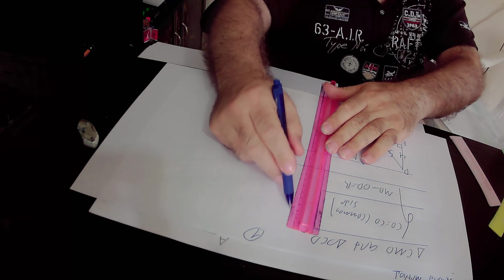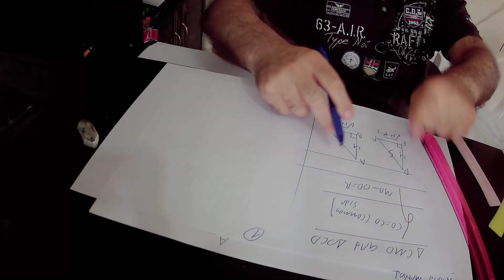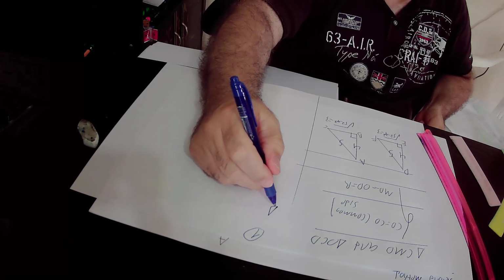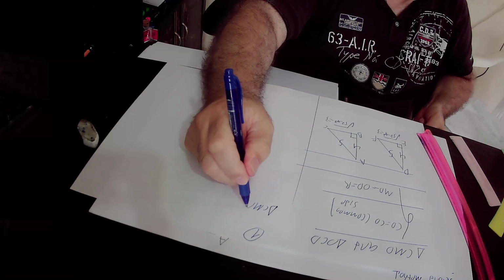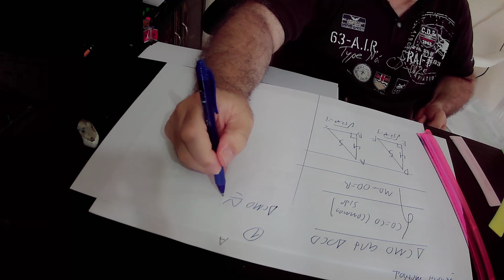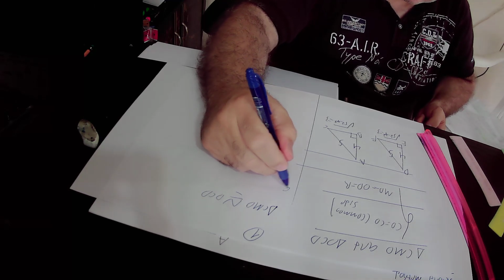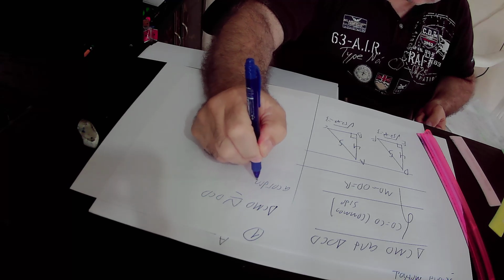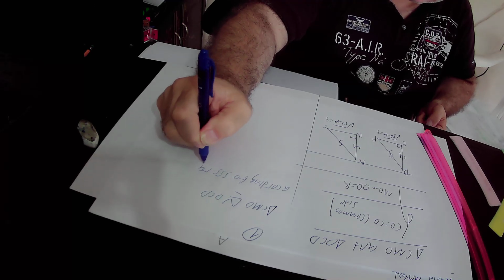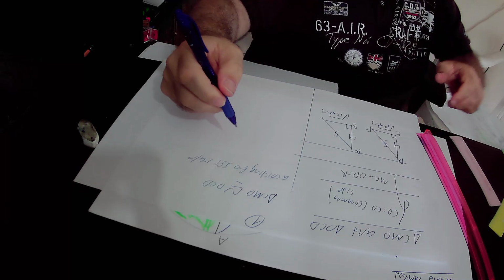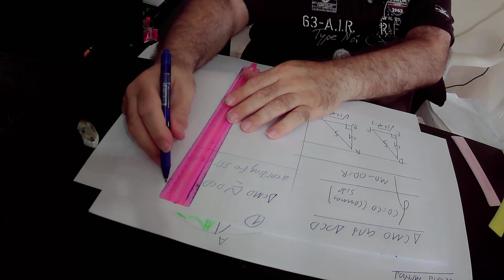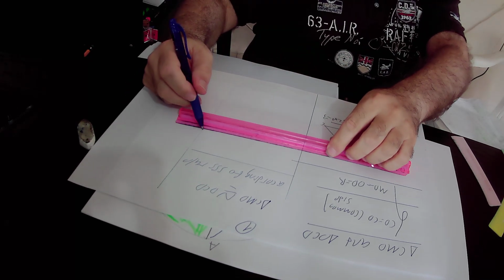Therefore, we know that the two right triangles in our drawing, that is to say the right triangle CMO, is congruent to the right triangle OCD according to the side rule. Okay, and from the fact that the two right triangles are congruent to each other, we will derive that